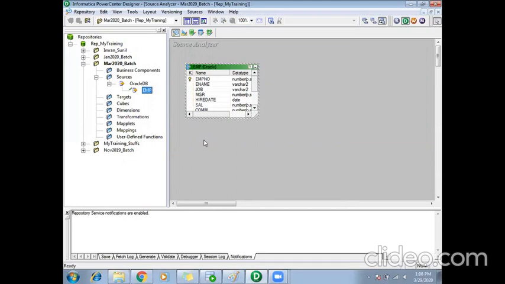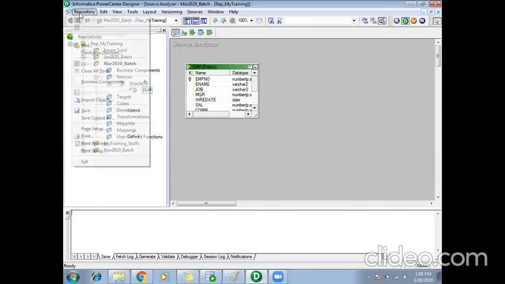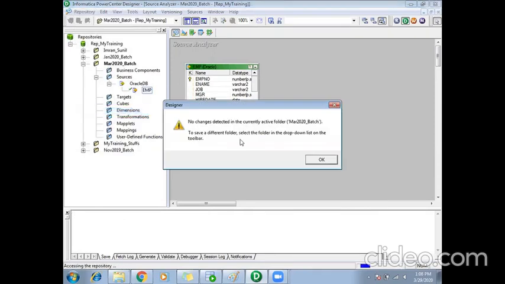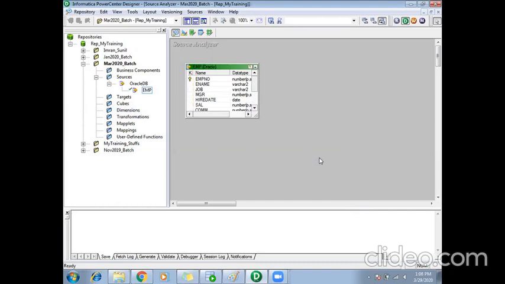You might not require all the columns in this table, but other team members, for their report and their requirement, might require all the columns. So we should not edit anything in the sources. Whenever we use these sources in our code, there we can do it. So here in the sources, I don't prefer to make any changes. I'll keep it as it is. To save any of your work, you can go to repository and say save, or you can press Ctrl S also. Okay, so now my source is created.